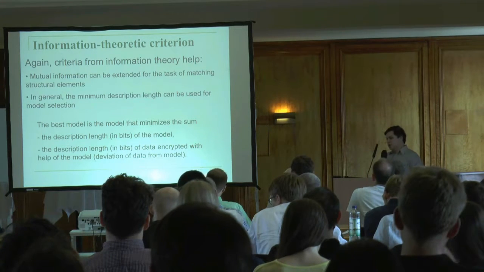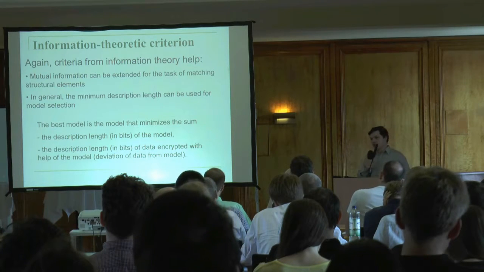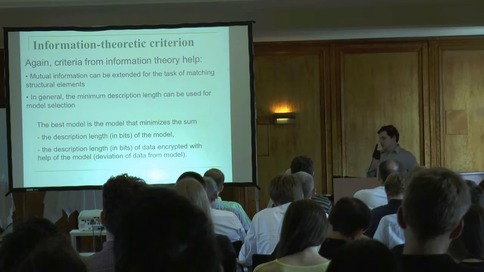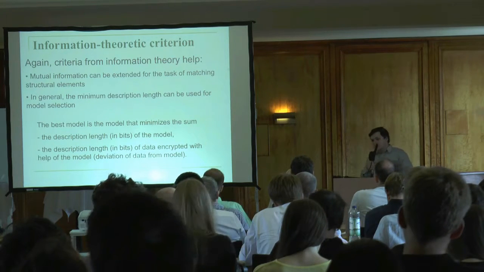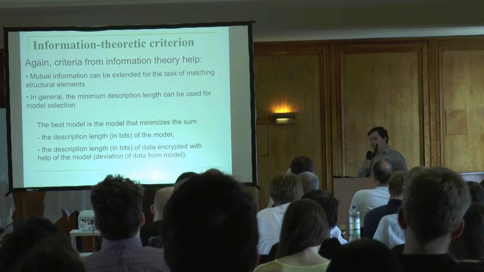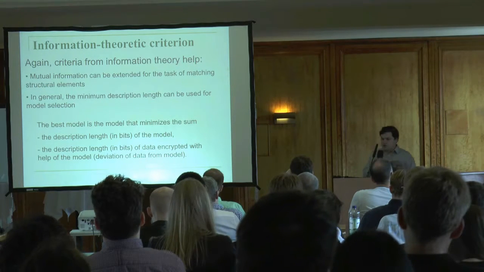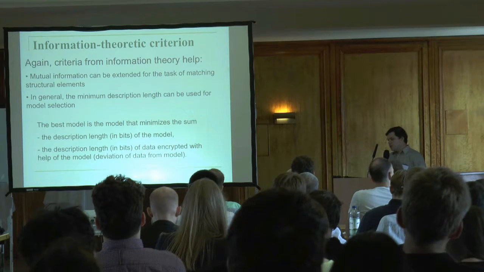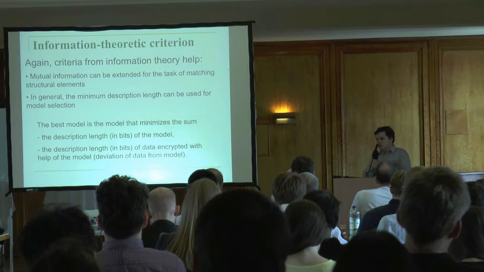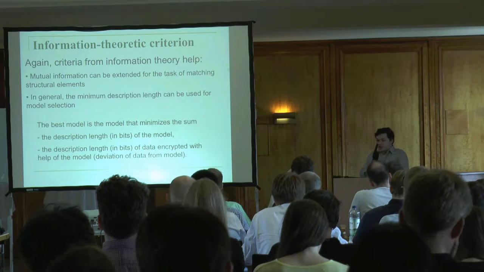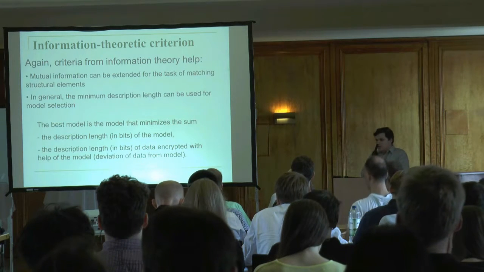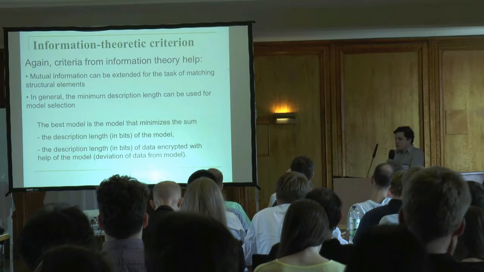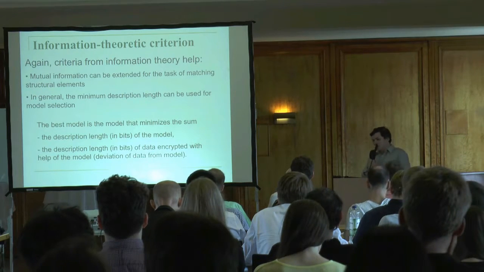So there were some scientists who generalized mutual information criteria for matching structural elements, and there were some works which used information theoretic criteria to choose the most appropriate number of segments, for example, in the image segmentation task, and so on. And I encountered a lot of works devoted to the minimum description length principle, which was used loosely